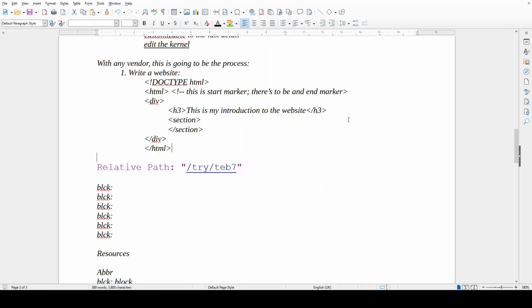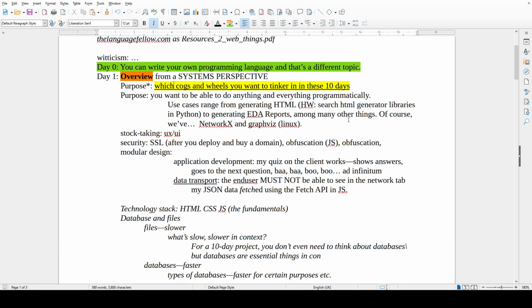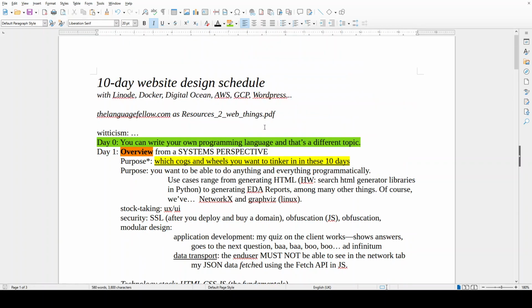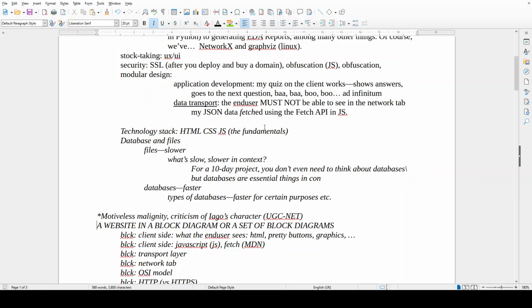With CSS, you're going to be decorating your HTML. With JavaScript, you're going to be adding functionality. So the user wants data fetched from this table. The user clicks this button, and the data is fetched without refreshing the page. Why would you want to not refresh the page? You would want that because